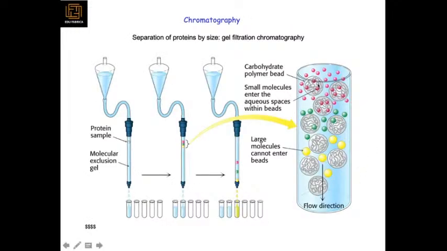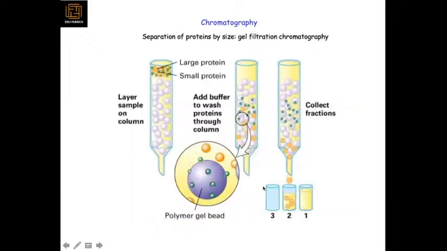So here you have different beads to which your small particles attach. The red ones got attached inside the beads, the green one also attached but not so much, and the yellow ones got separated. Based on that, you separate your red, green and yellow particles by different levels of separation out of your samples.